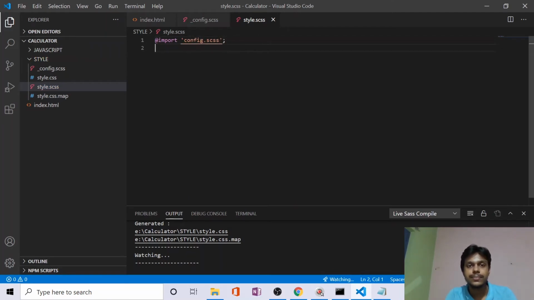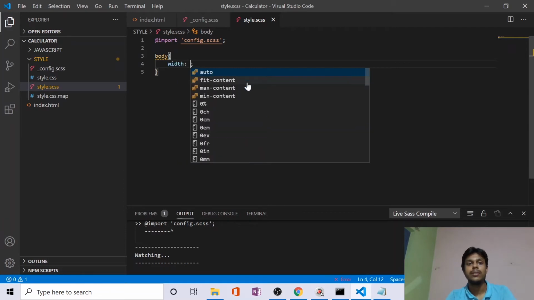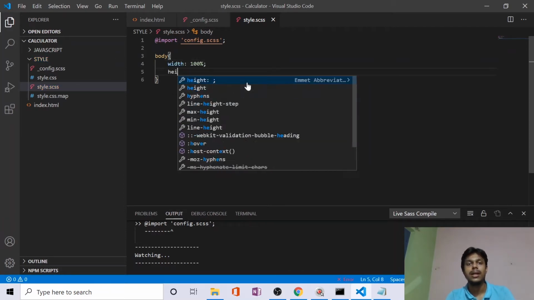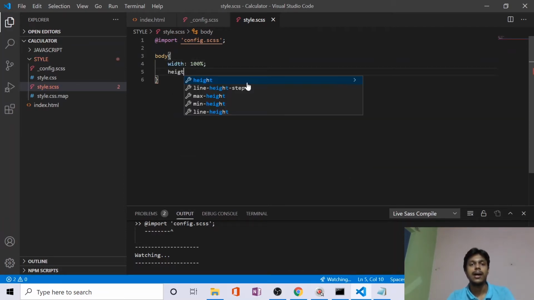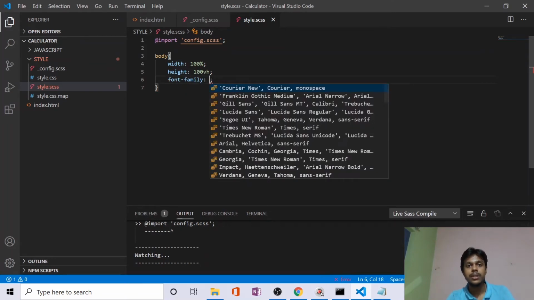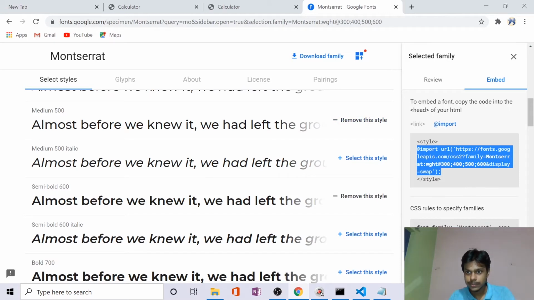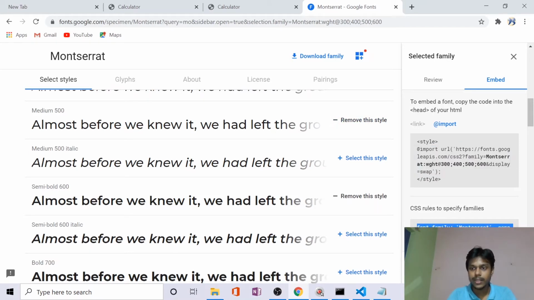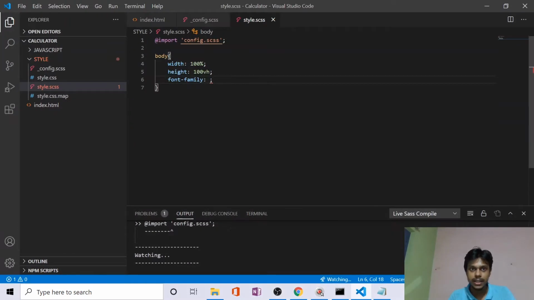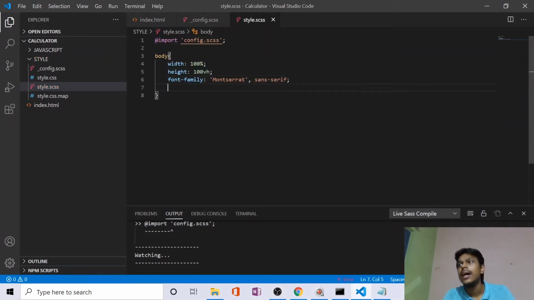Okay, and now in here I will style the body with width as 100% and height as 100 viewport height, and the font family that I will use will be, let me copy it from Google Fonts, Montserrat, sans-serif, and background